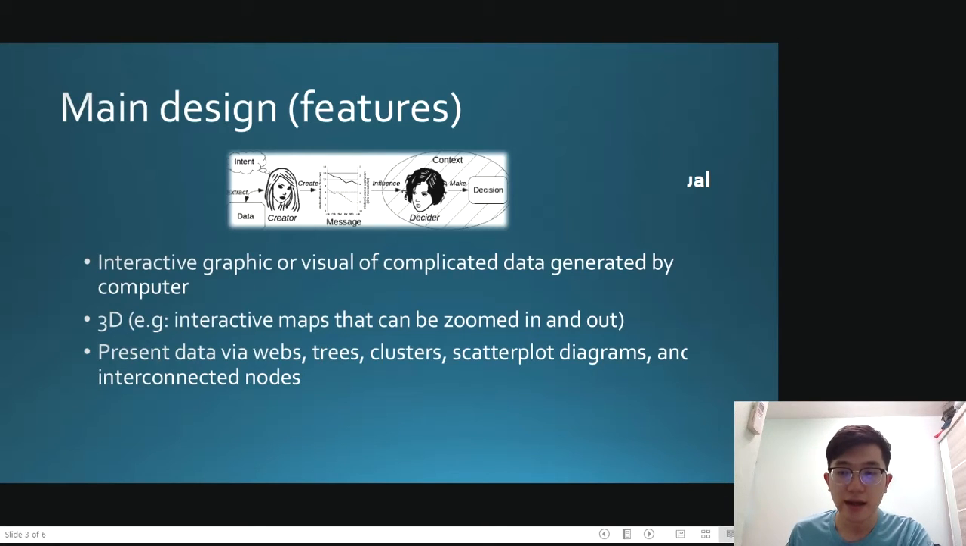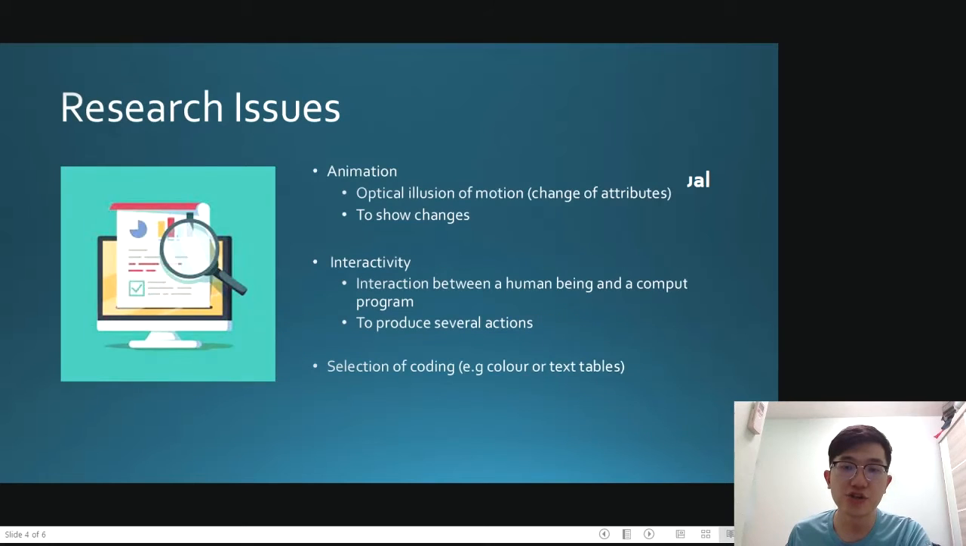Okay, and there are some issues regarding information visualization also. As an example, we might face the problem of whether using animation or interactivity will be better. Animation has an optical illusion of motion to show changes, while interactivity is interaction between human and computer program to produce several actions. We might also face selection of coding, such as color or text tables or even our font